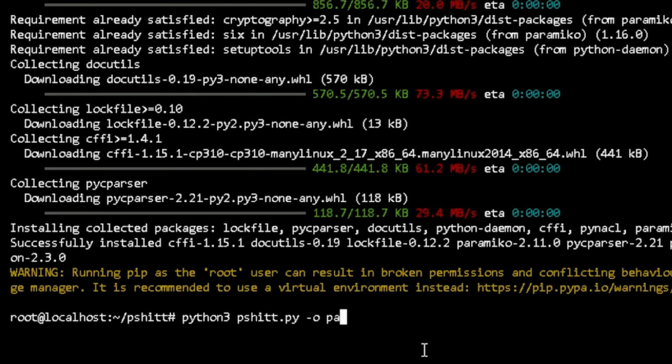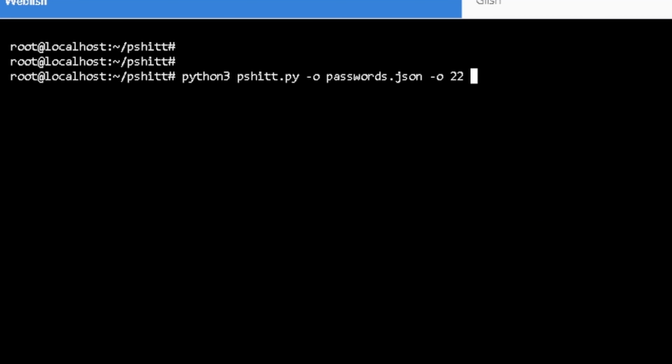You can use the following command to do it: python3, the name of the script we're running, which is .py, -o, the name of the output file you want to save it to, which is supposed to be .json, and then -p for port 22, where it's going to be listening. Once it is up and running, you can leave it to run in the same tab, or you can append the ampersand at the end so that it runs in the background